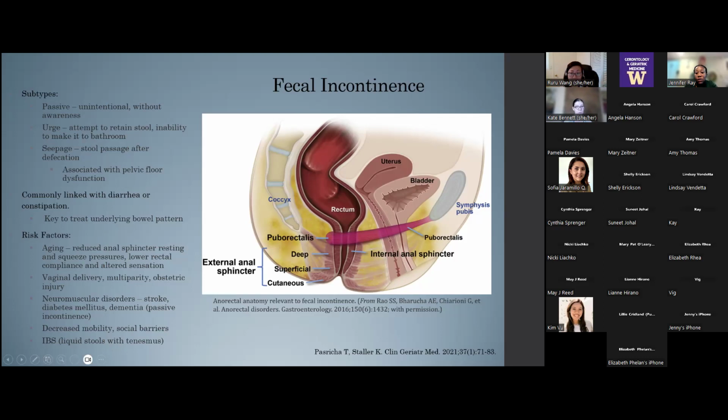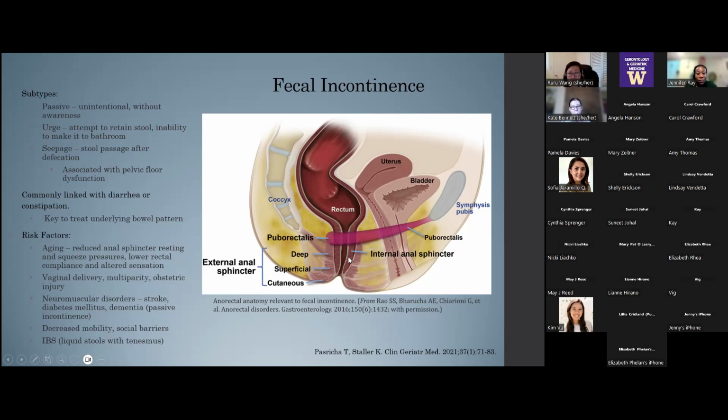So this is a side view in a woman of pubic bone in the front, tailbone in the back, rectum here. This is the main pelvic floor muscle. There is a series of pelvic floor muscles that act as a bowl to support the urethra, the vaginal canal, and the rectum here. So you can have a weakness in anal sphincter, resting and squeeze pressures. You can have lower rectal compliance, which if we can't hold stool, it's got to come out, and altered sensation